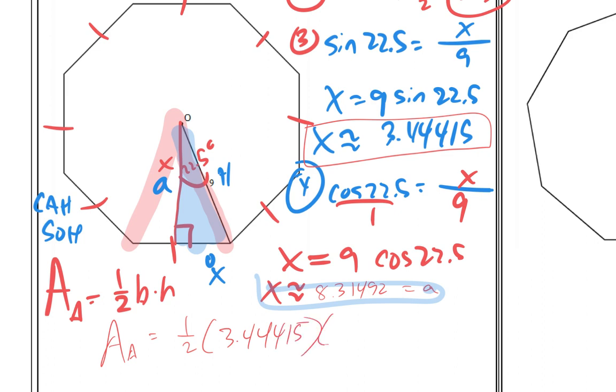Times the height, which we said was our apothem, or apothem, however you want to say it, 8.31492. So that's the area of that small triangle. Okay? Now,